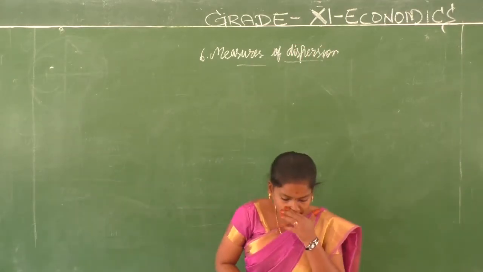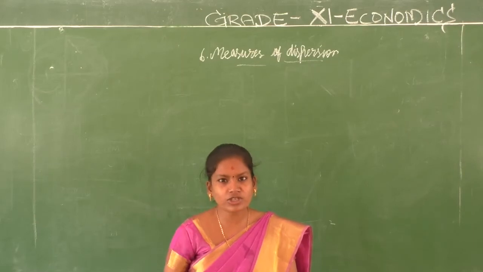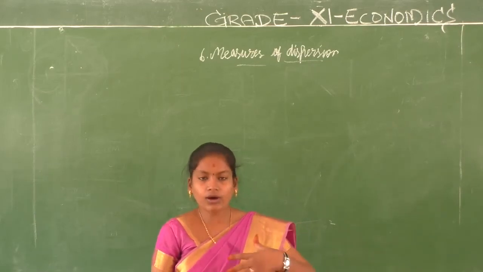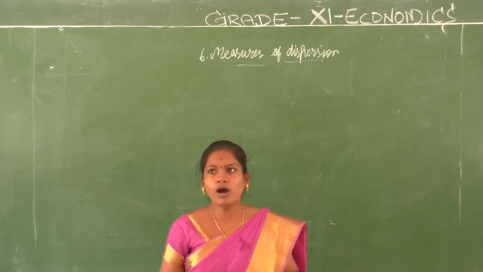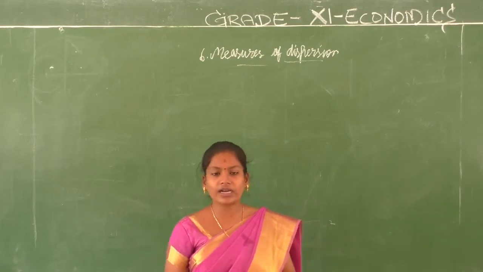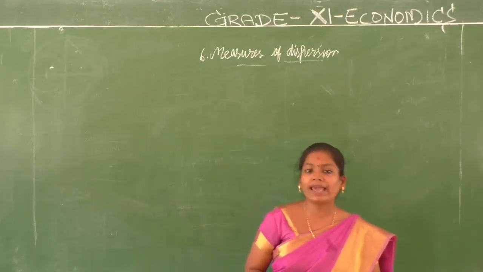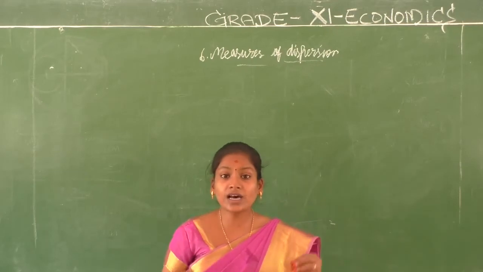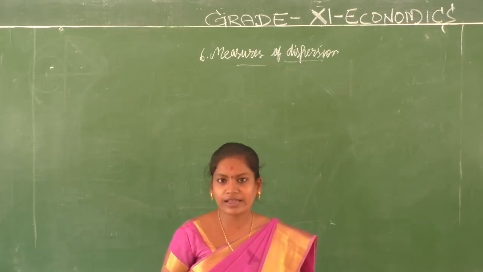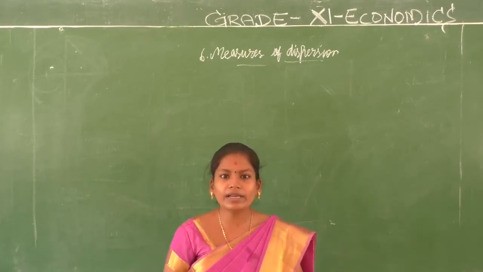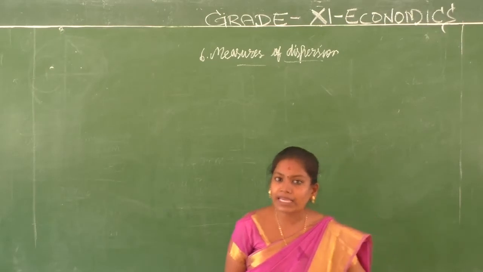Now what are we going to do? What is measures of dispersion? Let us first recall what is meant by measures of central tendency. So finding a representative value for a set of observations, to know the representative value of that, we use the measures of central tendency. It is actually the numerical method of explaining the data. In other words, it is a numerical method. So far we had the diagrammatic representation, graphical representation and everything. Now we are moving on to the numerical method. Isn't it, children? We are moving on to the numerical method of explaining the given data.